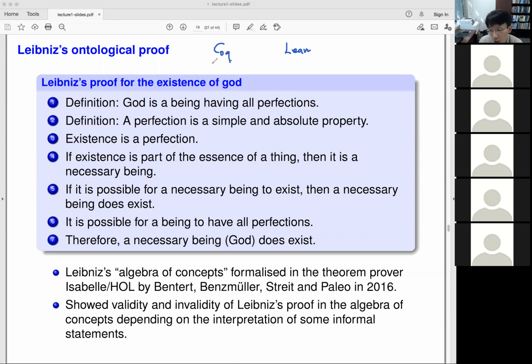So the Coq theorem prover has been used to formalize, say, the proof of the four-color theorem, and also the proof of some classification theorem of finite groups in mathematics, as well as proof of compiler correctness and so on. And Lean is a bit similar to Coq, but perhaps has more automation built in. And one interesting thing about Lean is that there is a